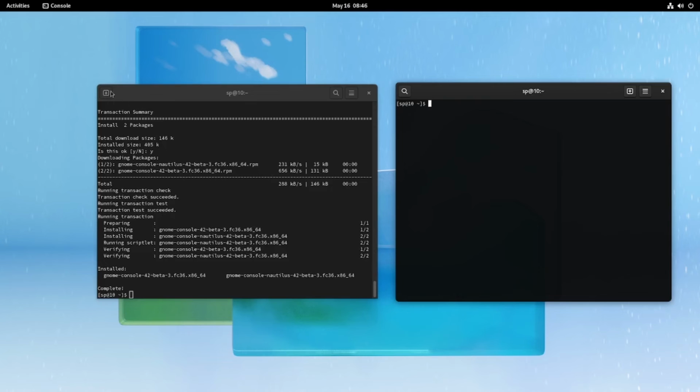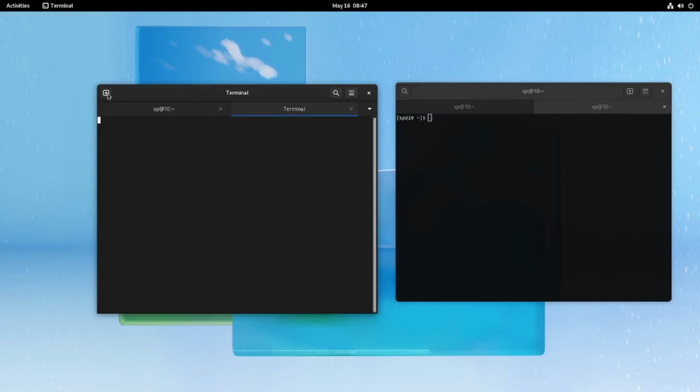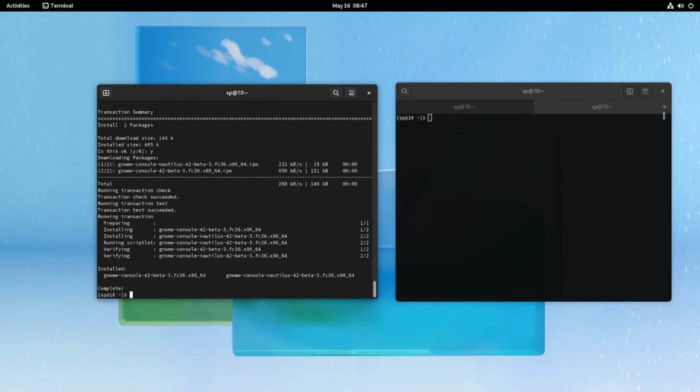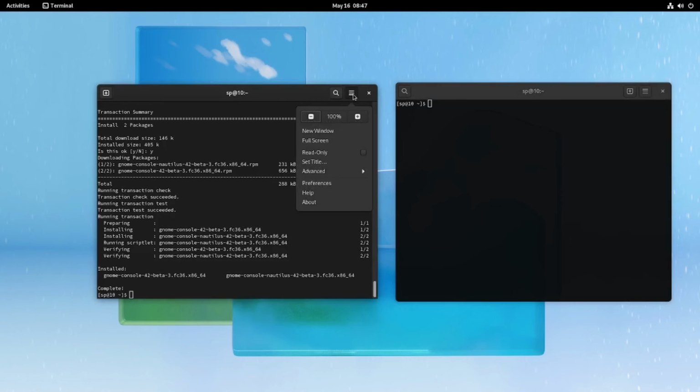So from the header, we can see that there's a difference. This is the new tab button, and in GNOME Terminal, the new tab button is in here. But it doesn't matter. I will go to the settings.